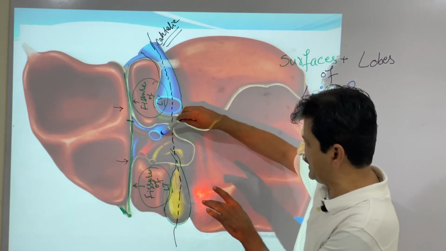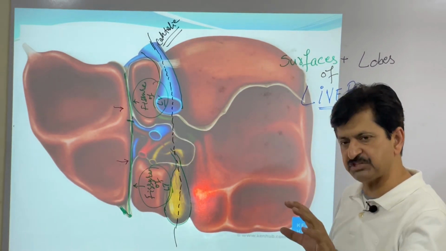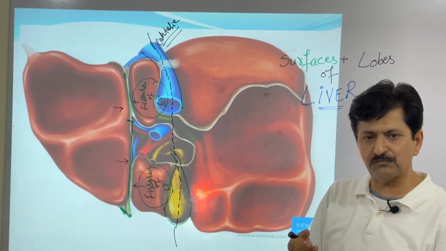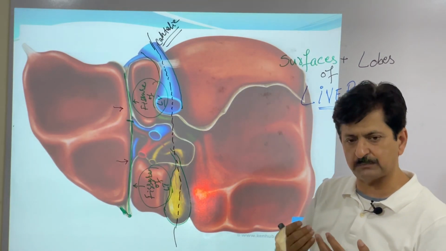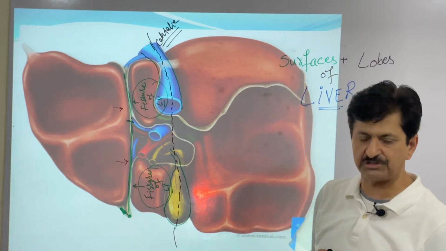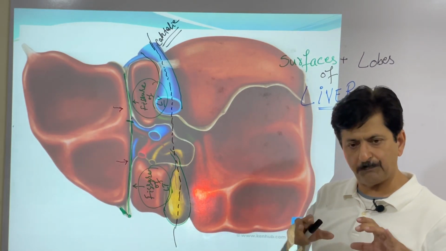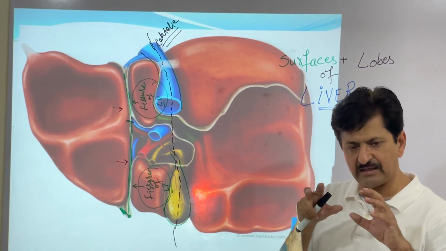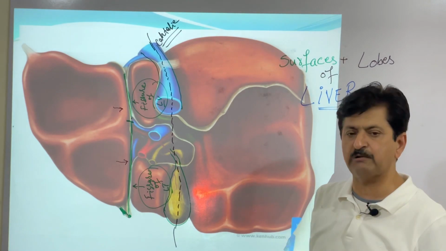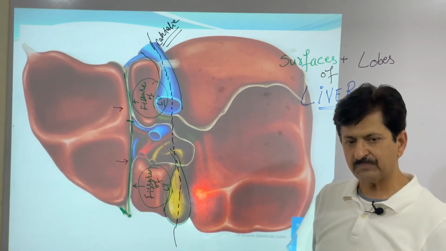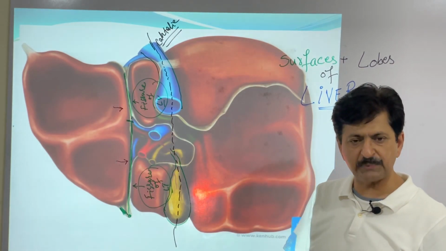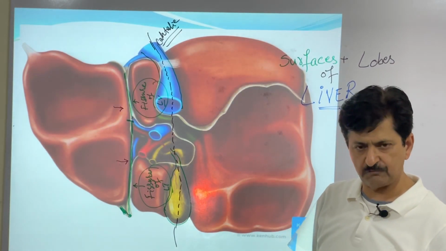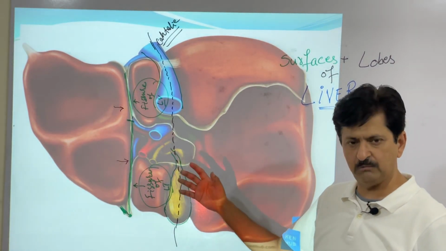Here in the middle of this piece there is a depression, there is a gateway through which things can go into the mass and substance of the liver, or they are actually leaving out here. This is in fact the port of the liver. This is called the hilum of the liver, but we call it the port of the liver because things are being transported through this depressed area. In any viscera, such a depressed area is called the hilum.